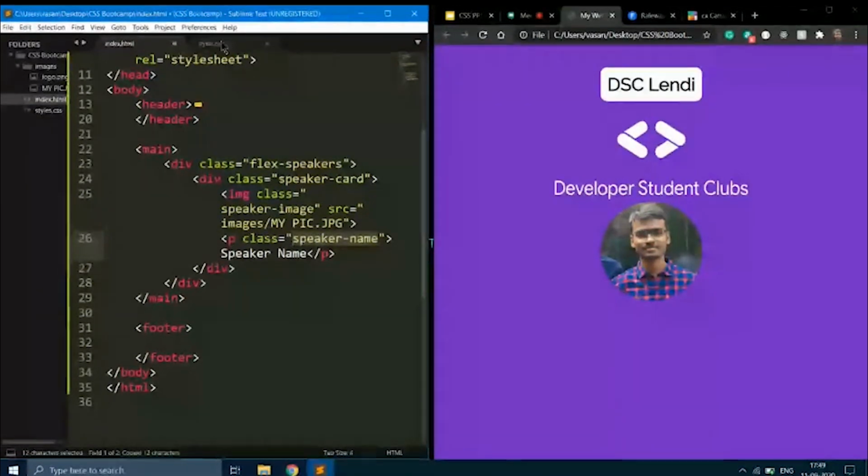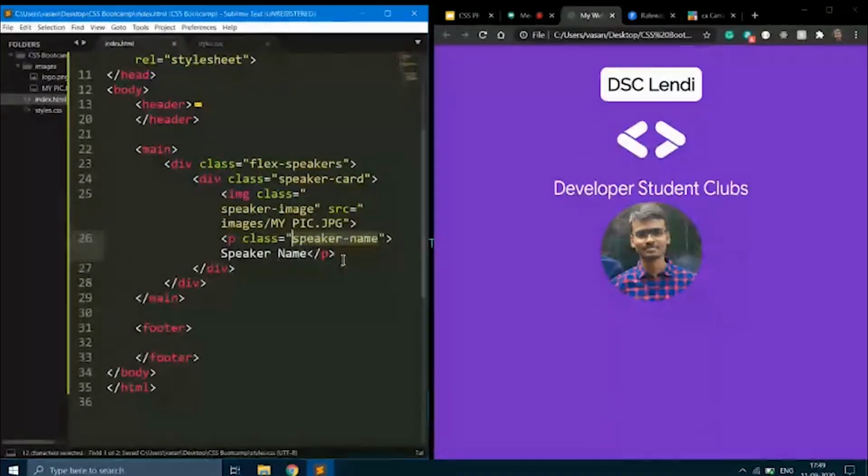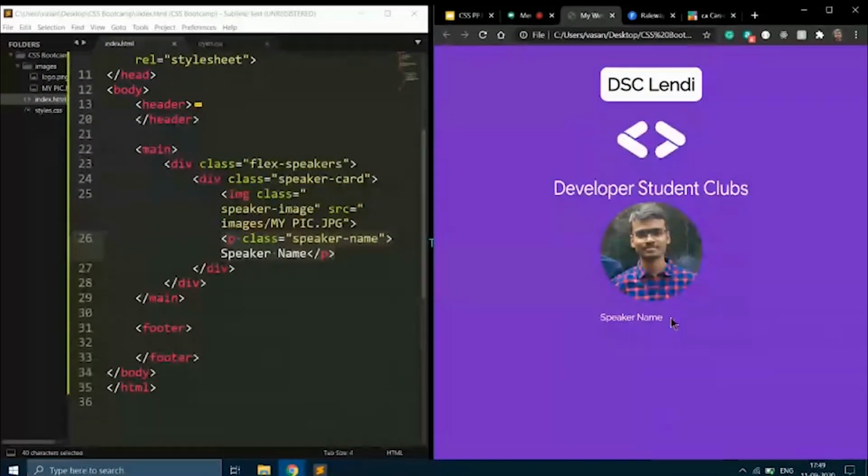Before writing CSS, I've defined the paragraph tag under the image tag. When I run this, you can see the speaker name displays below the image, but it is not vertically centered to the image.